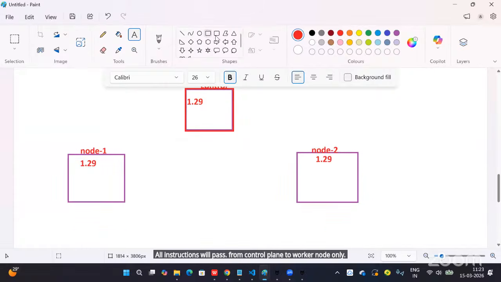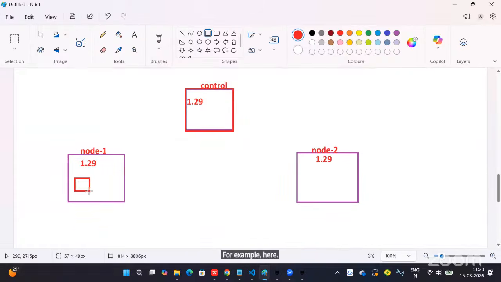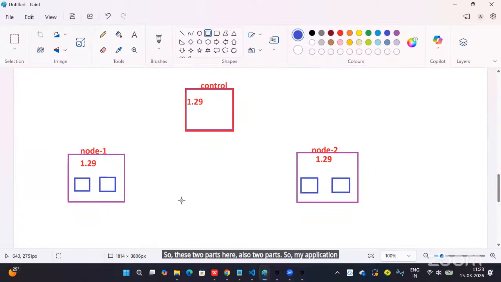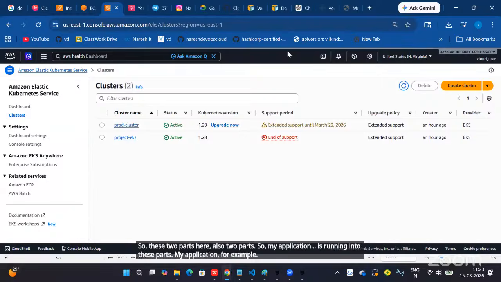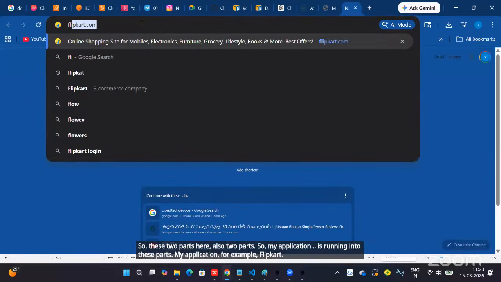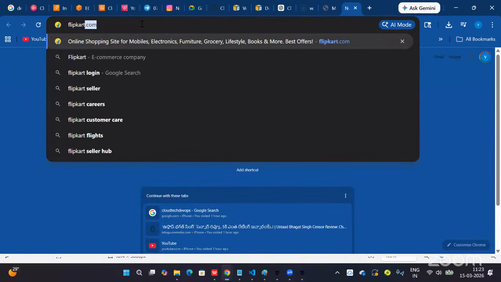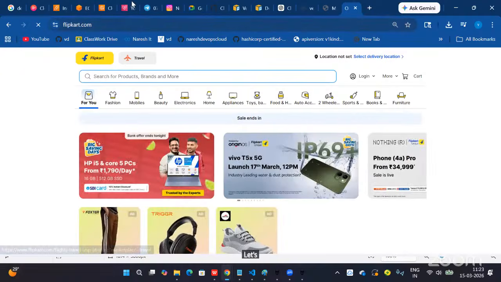For example, here two pods are running, and here also two pods are running. So my application is running in these pods. My application, for example, Flipkart. Let's say my application is Flipkart.